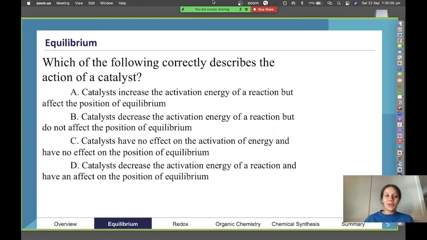Okay, so we're going to start straight off with some equilibrium questions. With our multiple choice questions, I want you guys to have a think, maybe even reflect on your mock exams. I know they can be quite rough for a lot of people, but have a think about what your approach to multiple choice questions was. We want to think about how we approach individual questions, and then also how we approach the whole paper one multiple choice section as a whole.